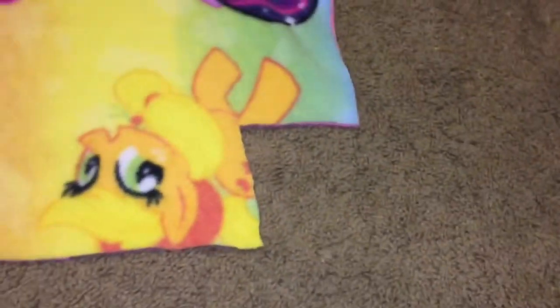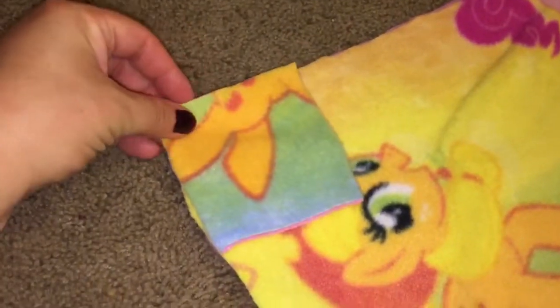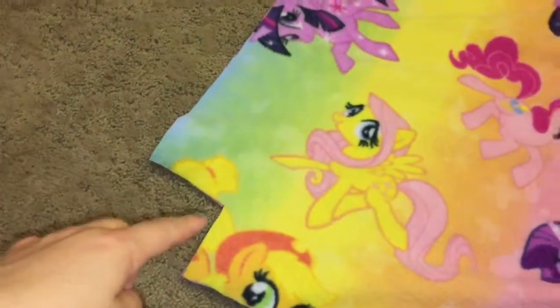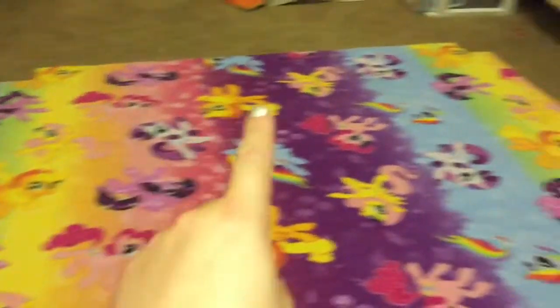I don't have a ruler, so I just am eyeing it, and what I'm going to do is I'm taking this piece and then I'm going to do it on all 4 corners the same, and since I don't have a ruler, I'm just going to lay this on there, and then I'm going to cut out the same exact amount on each corner. Okay, I cut out all 4 of my corners,